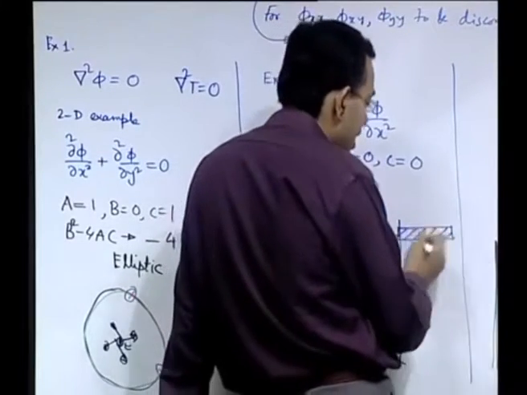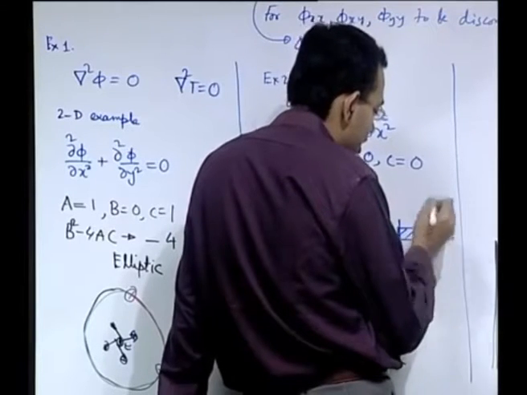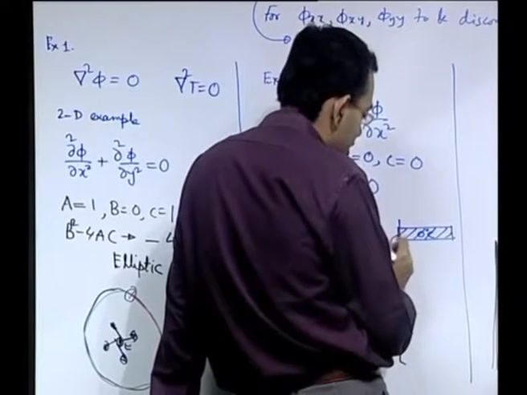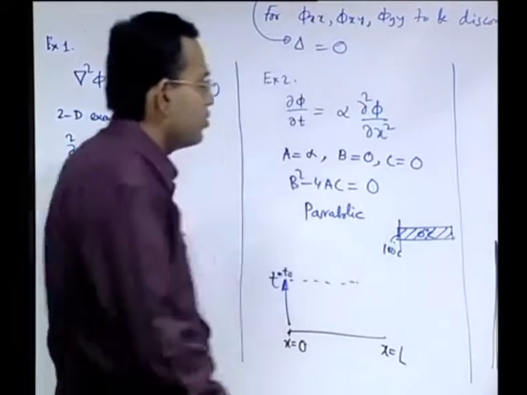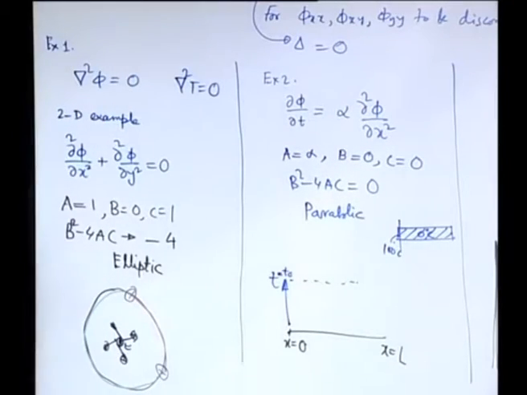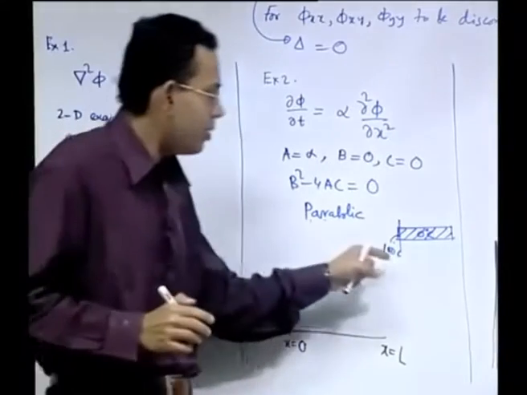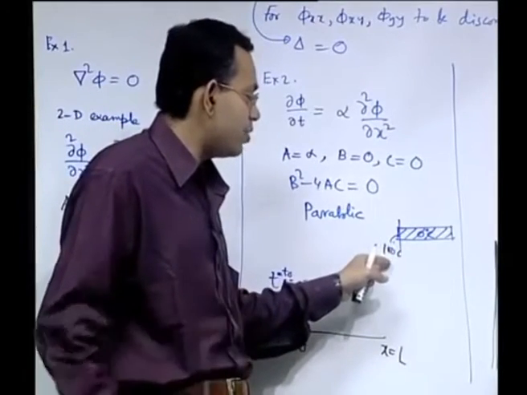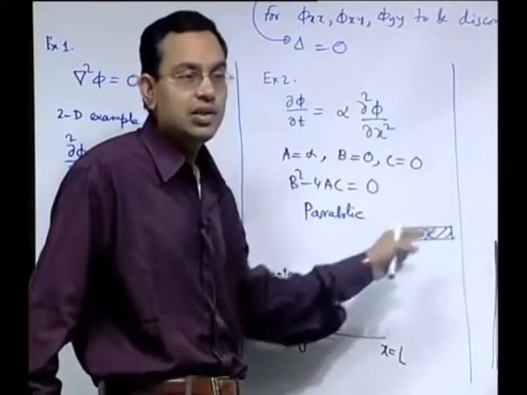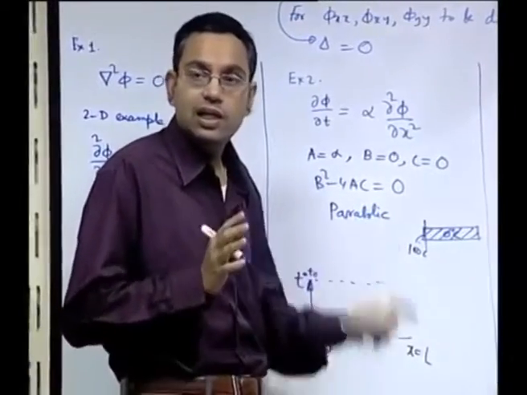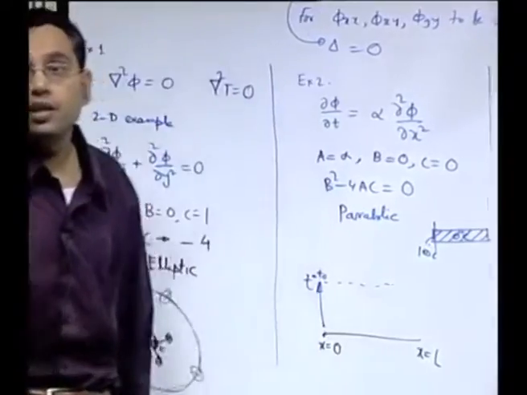So, initially say the entire rod is at 0 degree centigrade, now suddenly you subject this boundary at x equal to 0 to a temperature of 100 degree centigrade. It is an abrupt discontinuity at time t equal to T0. So, this is a disturbance; when this boundary temperature was not changed, everything was at 0 degree centigrade. Now you are creating a disturbance, you expect the disturbance to propagate.